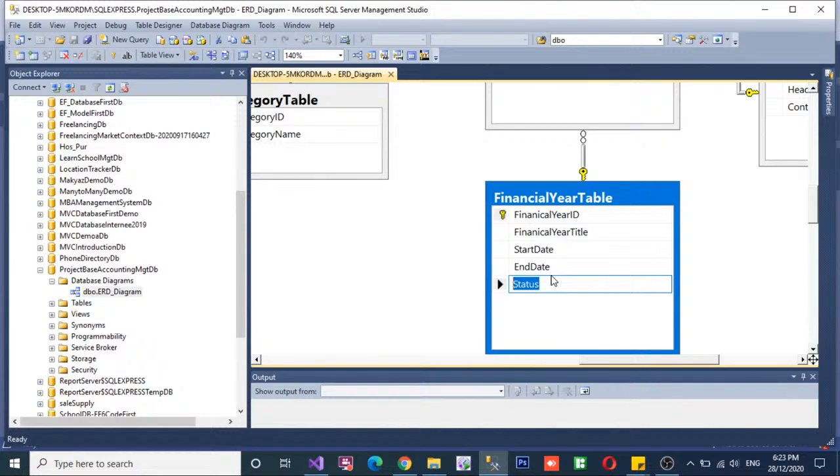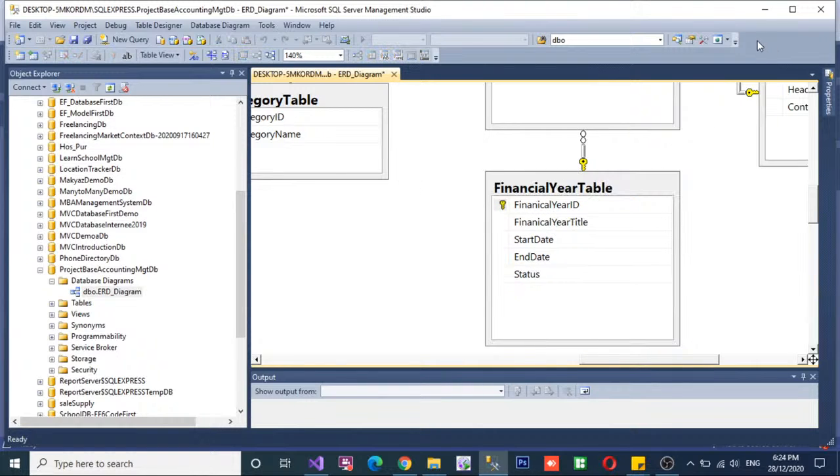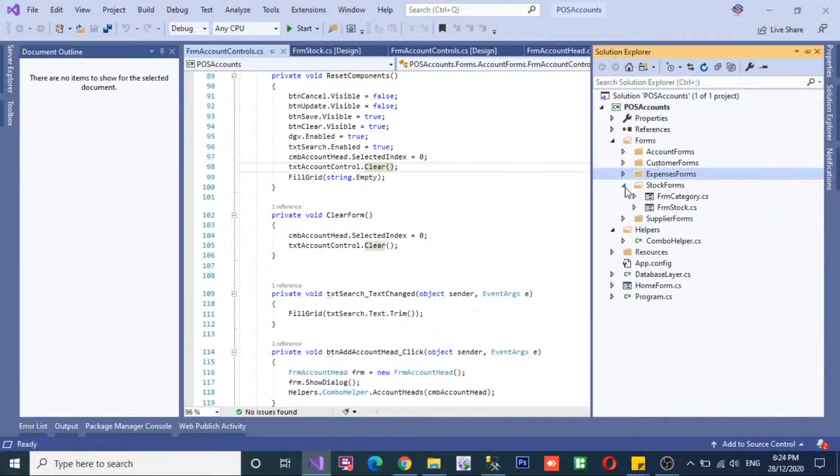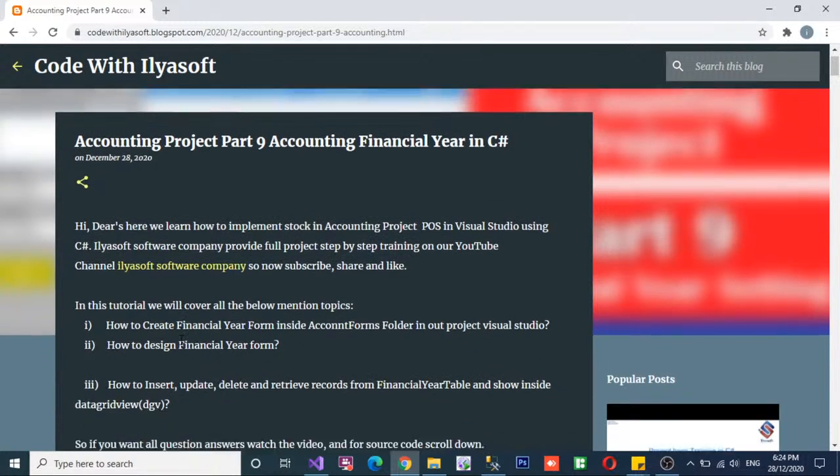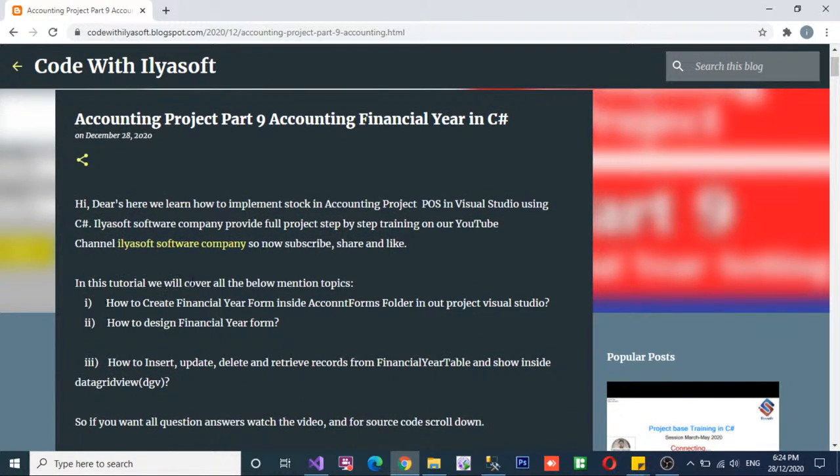So this is the financial year table. Let's open Visual Studio and create the form inside the account folder. But before creating it, open your browser and see the topics mentioned below, as this tutorial will cover all of them. First we are going to create the financial year form inside the account folder of our Visual Studio project,